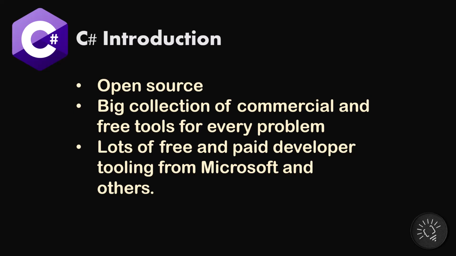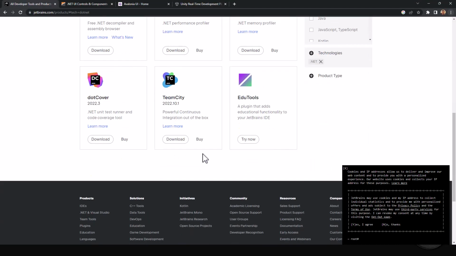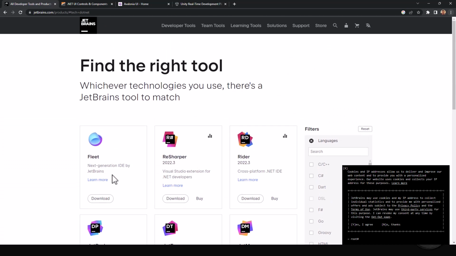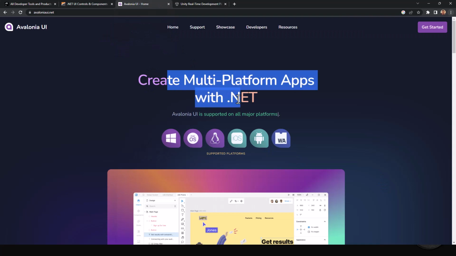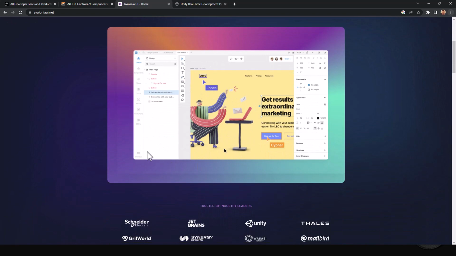And if you're thinking that C Sharp is 100% a technology that is created and dominated by Microsoft, that's not really the case anymore. There are a number of companies creating all sorts of toolkits, platforms, IDEs, everything that you could imagine to help you code in C Sharp for many different platforms. So there is JetBrains with their own IDE and other toolkits. There is DevExpress, which has got a number of components that you could use to make enterprise grade applications. Avalonia is a complete platform that can help you create cross-platform applications. Think of it like an alternative to MAUI.